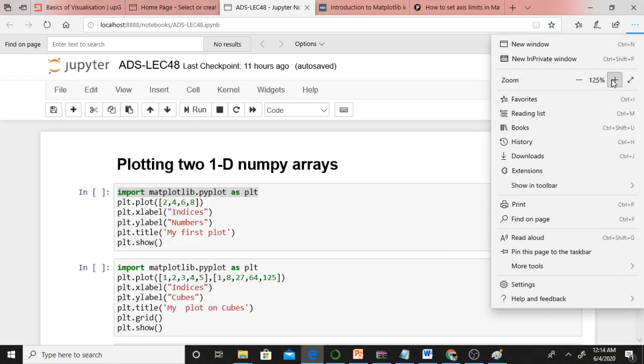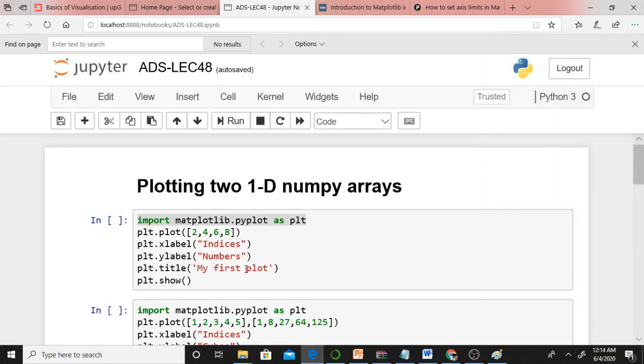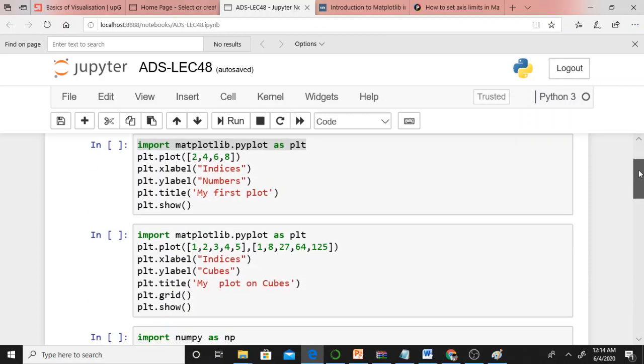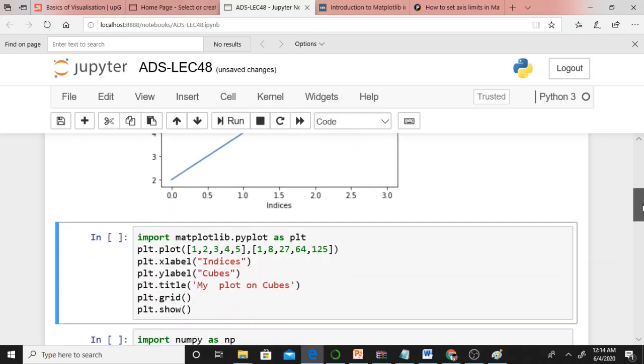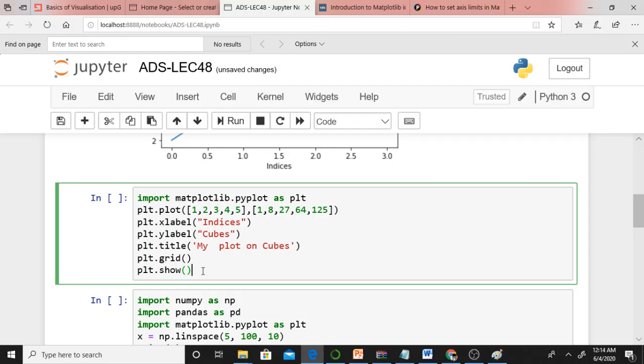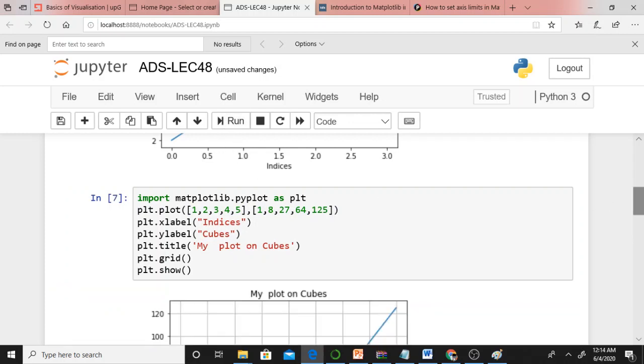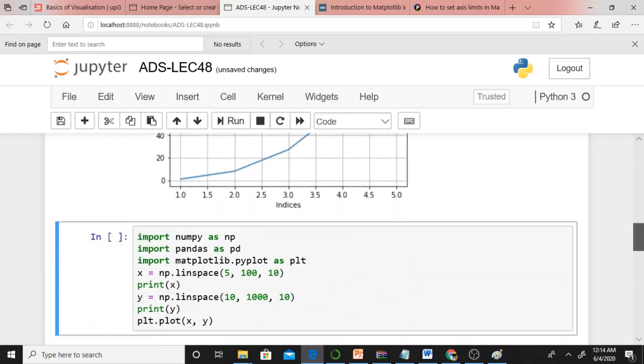It is simple and straightforward. Just see this one. I already discussed this one. Import matplotlib. Here you are providing only one list of elements. In that case, x will be treated as 0, 1, 2, 3. And in that case, which type of plot will you get? This plot I already discussed. Here, what am I doing? Here I am providing two lists. This is x, this is y. This is xlabel, ylabel, title. This also I discussed. You will get this sort of graph, isn't it?